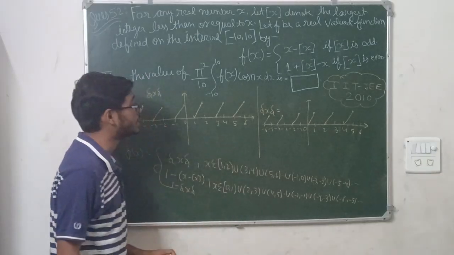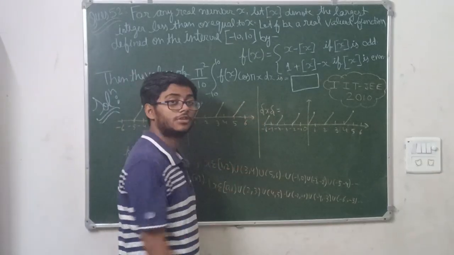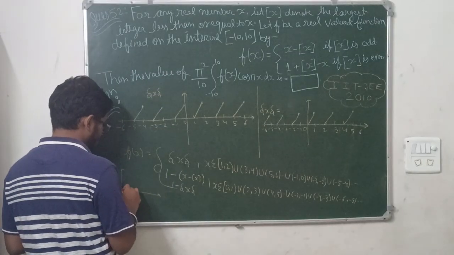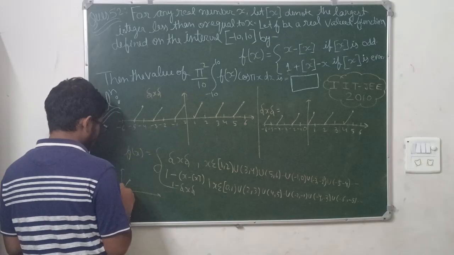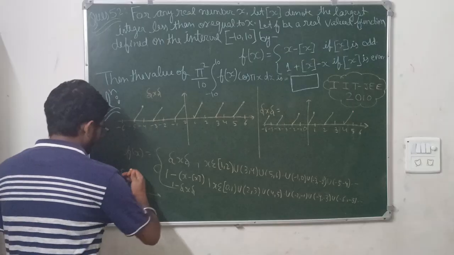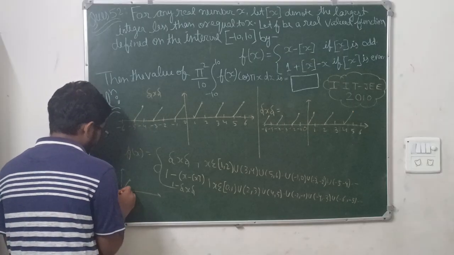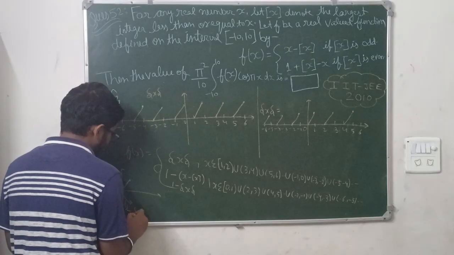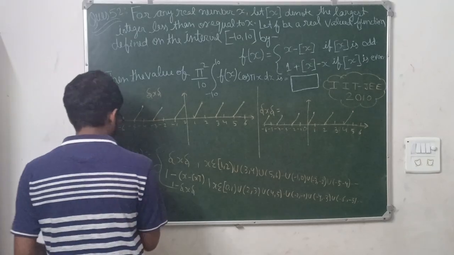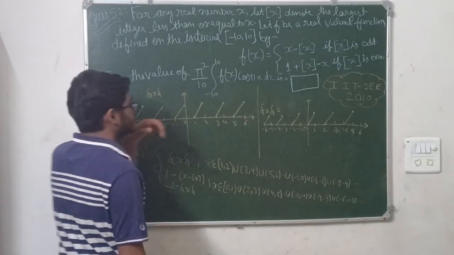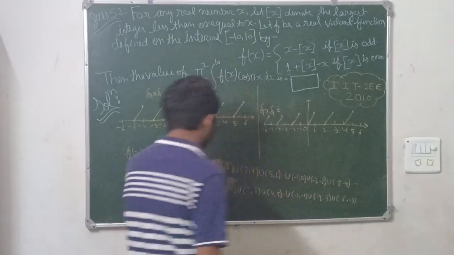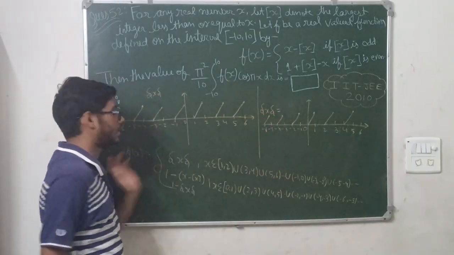We need to draw for 1 minus x. So for minus of fractional part of x, what will you do? See, if a graph is there like this, assuming it is the graph of the greatest integer of x, and you have to do a minus sign, then you have to take the reflection of this image. This will be the graph of minus of the greatest integer of x. Graphical transformation in the functions chapter we have learned about this. So you will take a mirror image of all this about their points. I am rubbing this interval because we have drawn the graph, so we will take this.